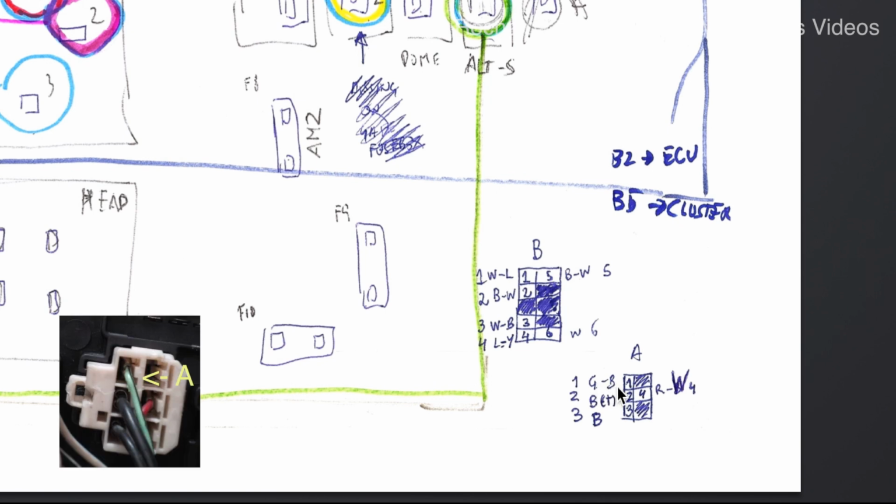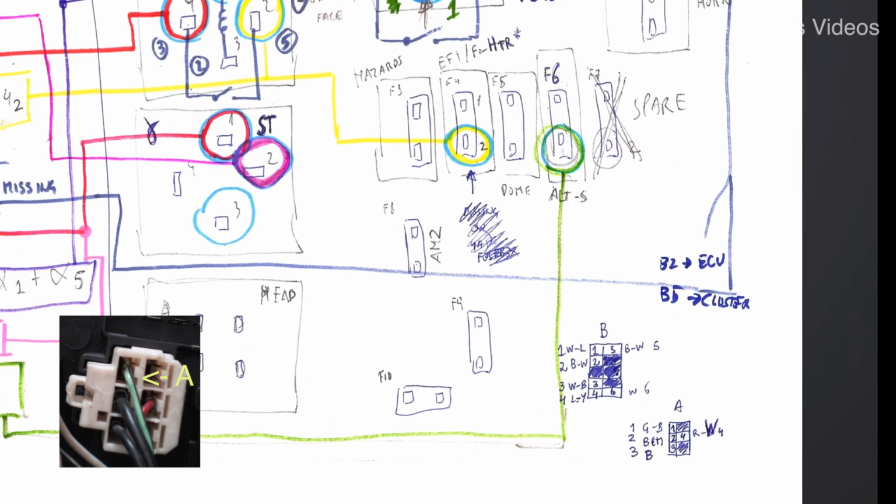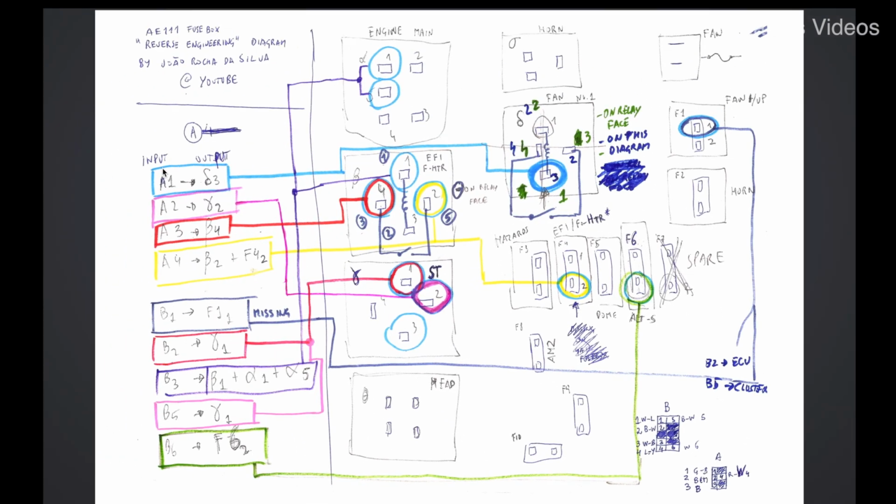Toyota diagrams differentiate between black and blue, since they both start with a B. They make a distinction. When you see an L, it means the blue color. When you see a B, it means black color. I have determined from the reverse engineering process that it connects to the Delta 3 pin, which is, we follow this line, and it will connect to this pin over here, which corresponds, according to the diagram of the relay,